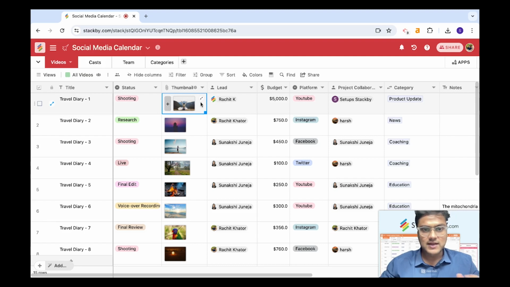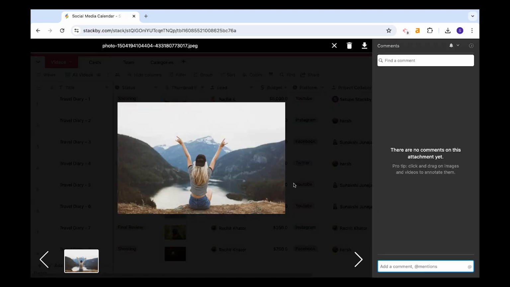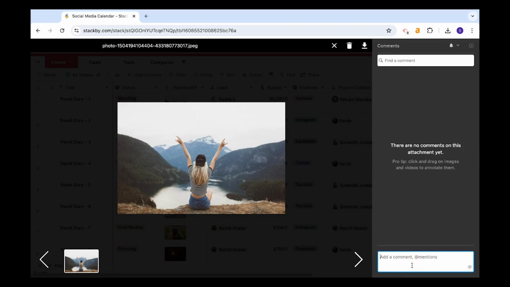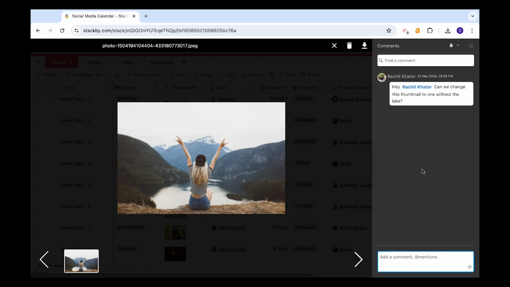So if there is an attachment that you want to open up, you will see there is an attachment and there is a comment here. So I can add we change this thumbnail to one without the lake. So I can essentially add comments on individual attachments within the Stackby platform, and you will see you can